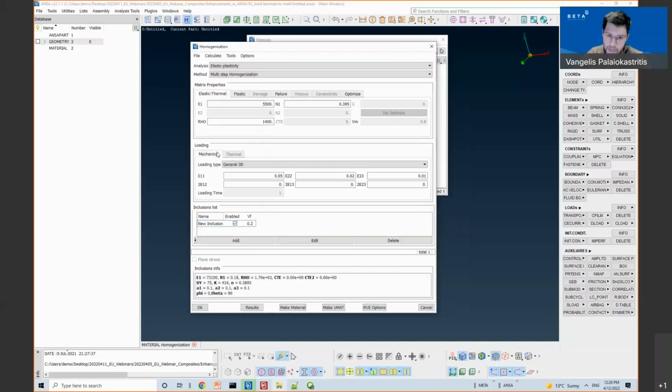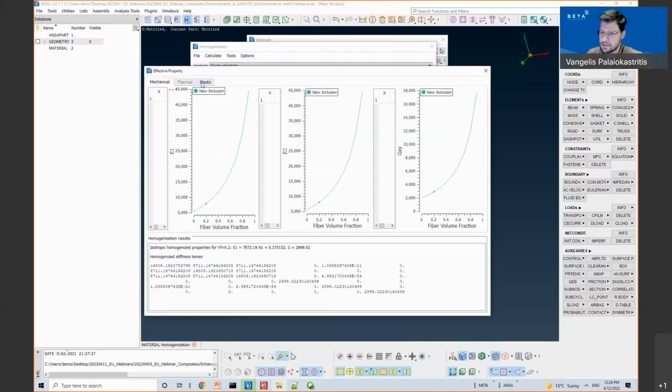And apart from the matrix properties, in case of nonlinear materials, we need also to specify a loading condition, a general 3D, for example, where we need to apply some strains in order to capture the nonlinear behavior of the composite. So I will press here results.